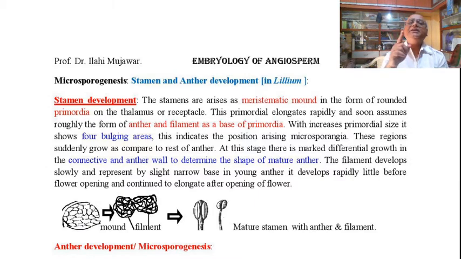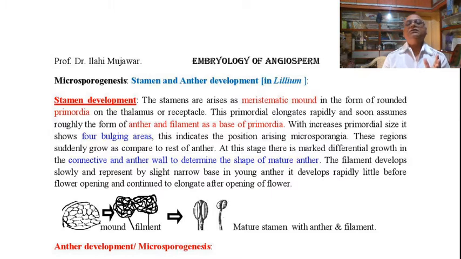This meristematic mound is always a rounded one. All the cells, structure and functions are the same. This meristematic mound is considered here as a primordium, and from this primordium the stamen has to be developed